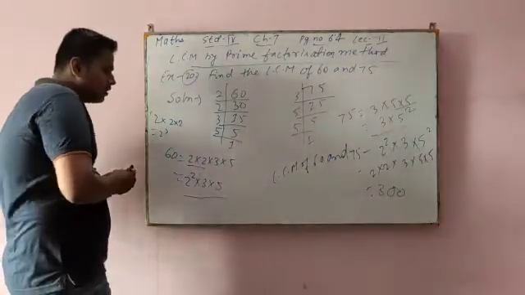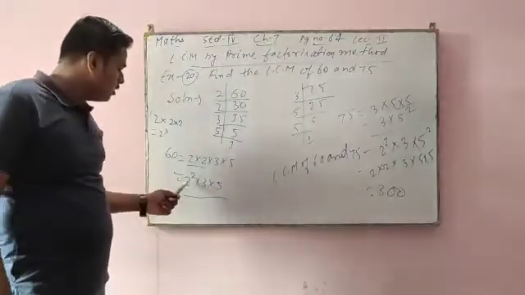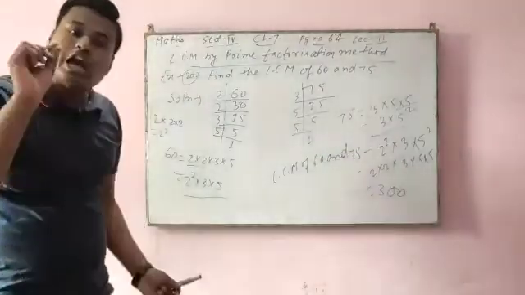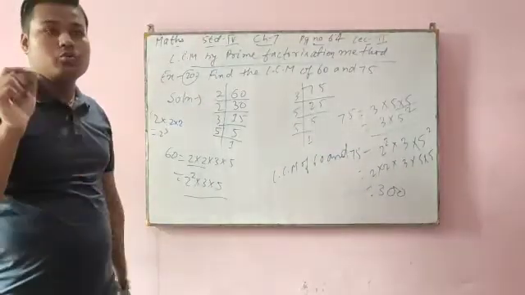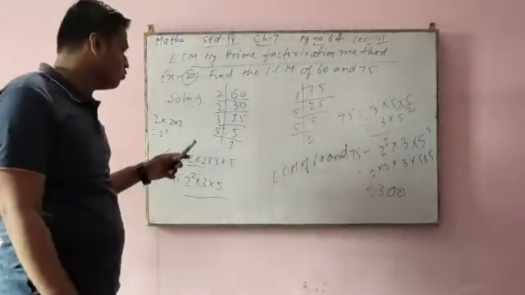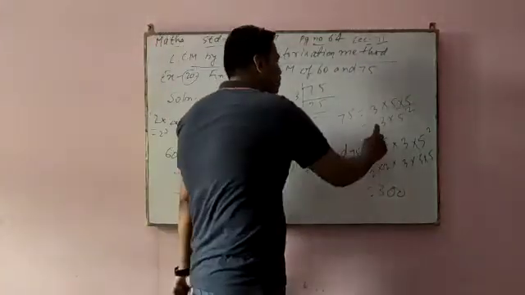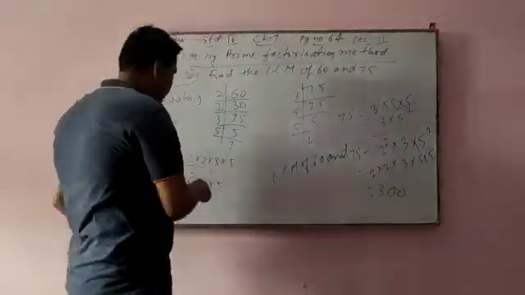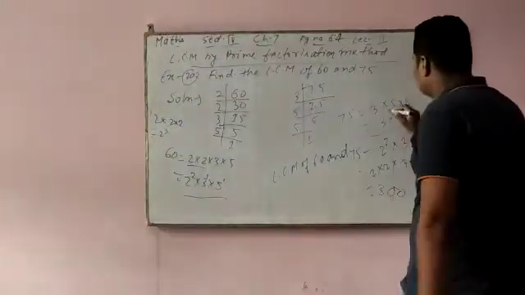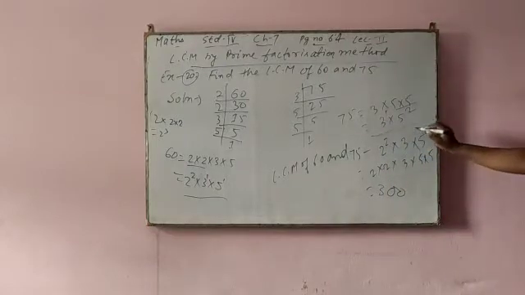Again, I know you will get confused here, so you have to be careful. See, here 2 to the power 2 is there, here no 2 is there, so to take the LCM you have to take all the numbers, but whichever has the higher power, you will take that number. Here 2 to the power 2 is there, here no 2 is there, so we will take this one. Here also 3 to the power 1, here also 3 to the power 1. Single 3 means 3 to the power 1, single 5 means 5 to the power 1. In both, 3 is there, so we will take only one.